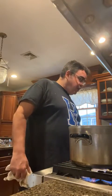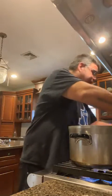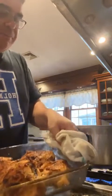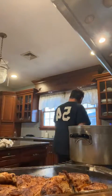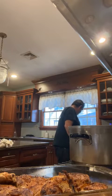I'm going to turn my beans off. My beans have been simmering. And I'm going to go ahead and take a look at my chicken right now. The chicken looking amazing. We have that in the pan. And, remember, we started cooking this when it was frozen. So what we want to do right now is we want to get this into